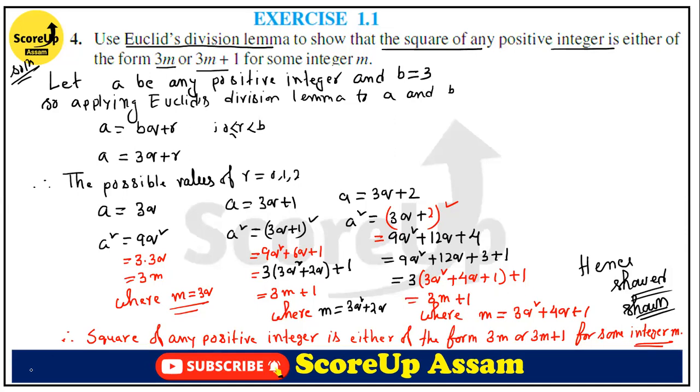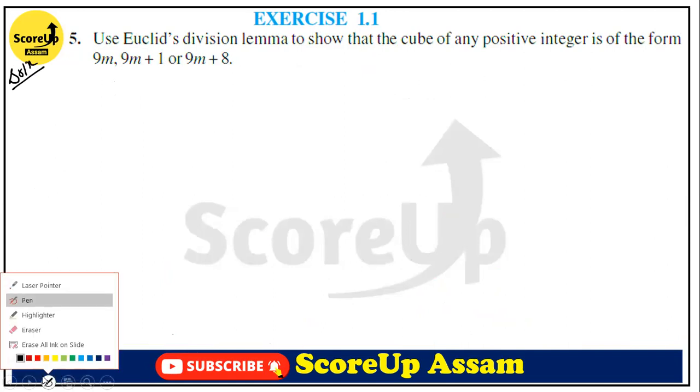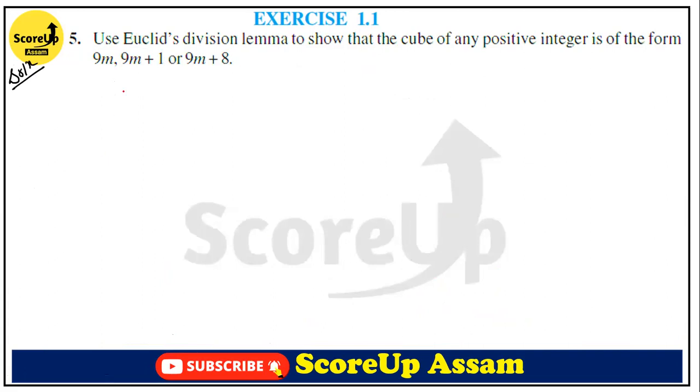So let's solve the next question. The next question is question number 5. So how to solve it? Solution for it. Okay, so here I will use a different color for solving this. So use Euclid's division lemma. Show that the cube of any positive integer is of the form 9m or 9m plus 1 or 9m plus 8. So let